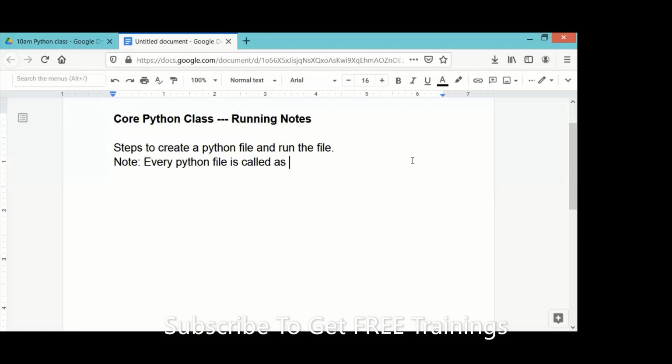As I said, in Python, every Python file I'm talking about, not a class or a variable, I'm talking about a file, is called a module. Remember this point. Every Python file, whatever we are saving with .py, is a module. The file name can be anything, no issues.